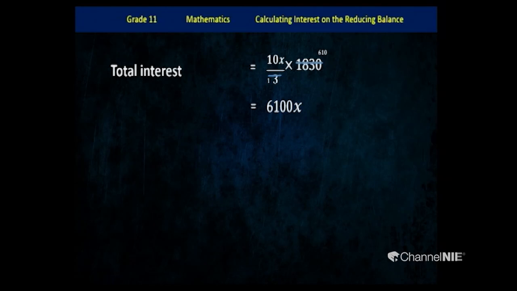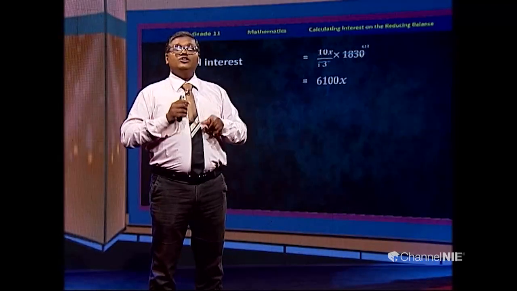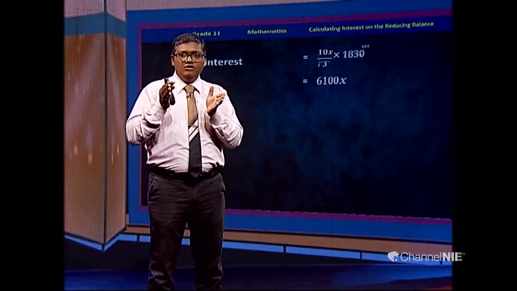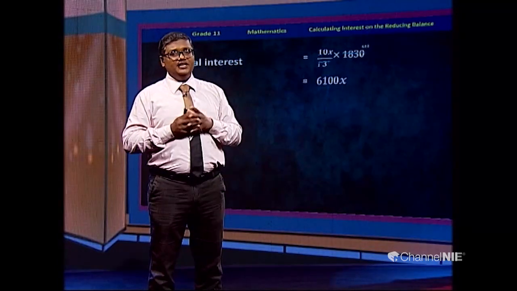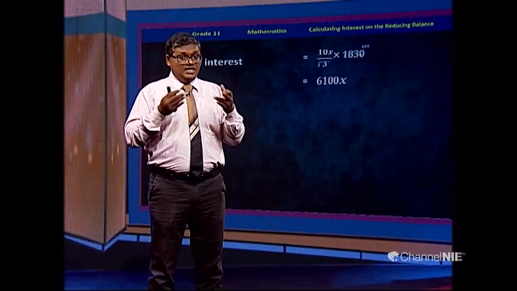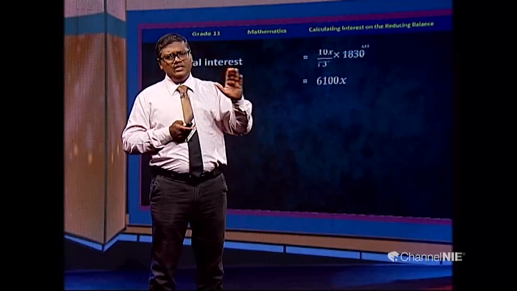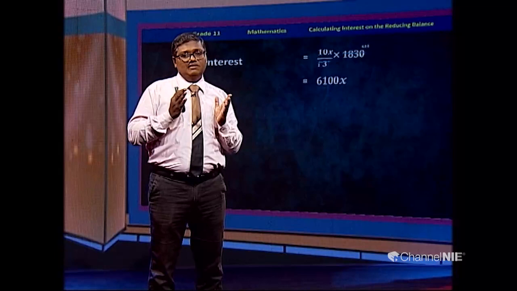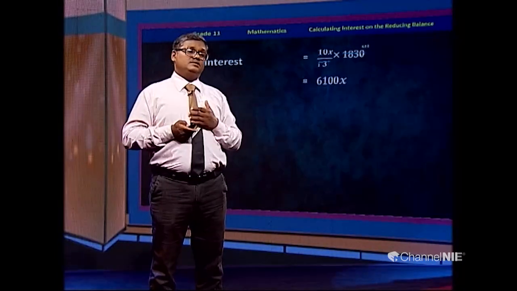Now x is an unknown. Therefore, they have to give something to reach that answer. Build up a simple equation and find the value of x. What we took as x? Don't forget, x is the letter we substituted. I propose x for the annual interest rate. Then to equalize for 6100x, we will find the total interest in another way.